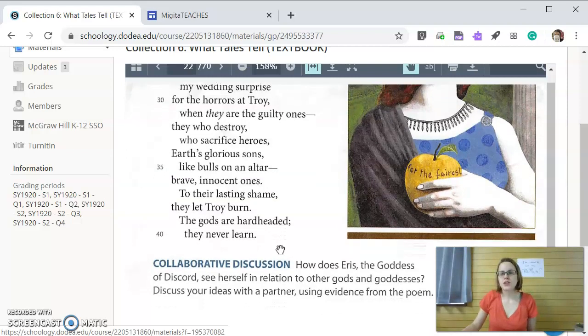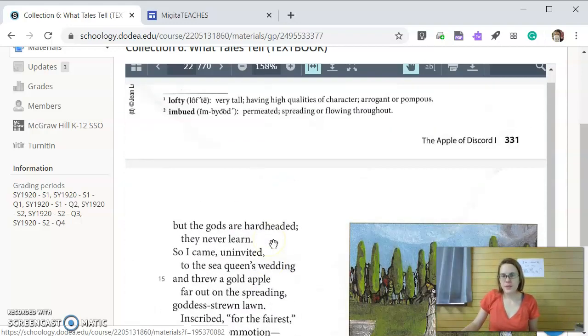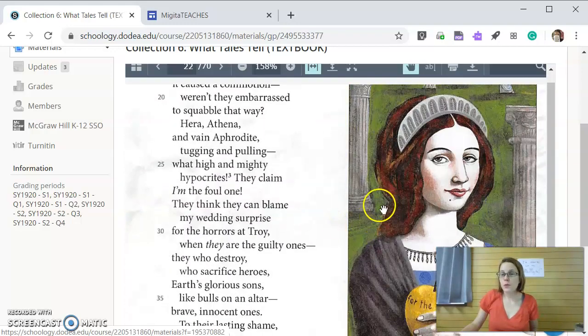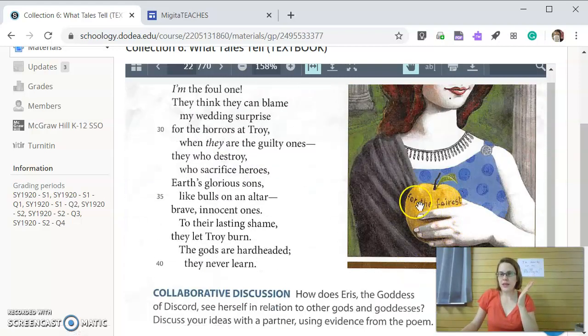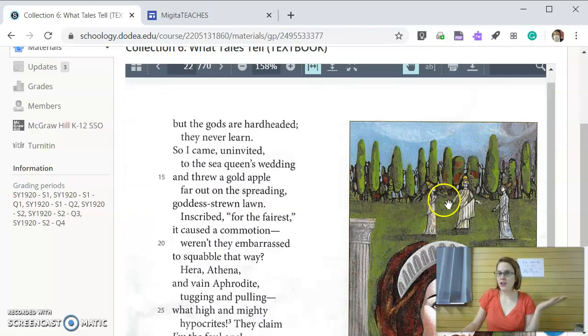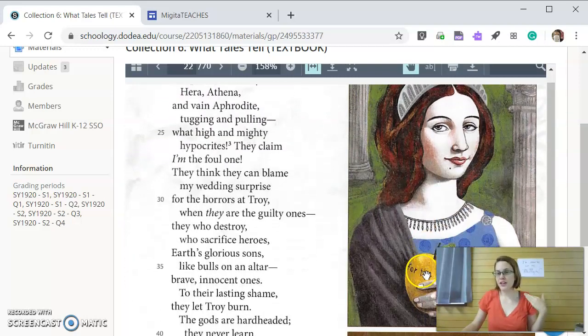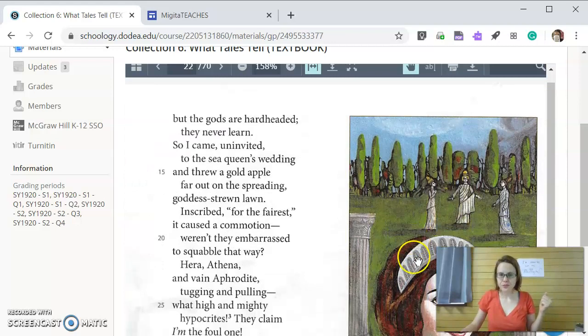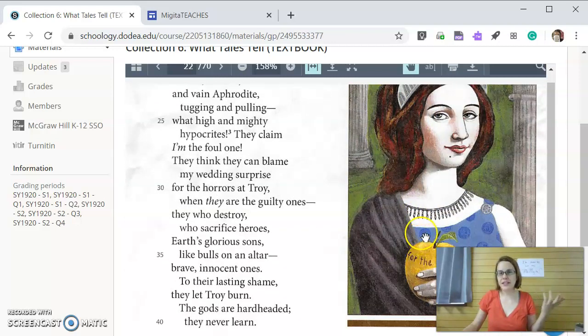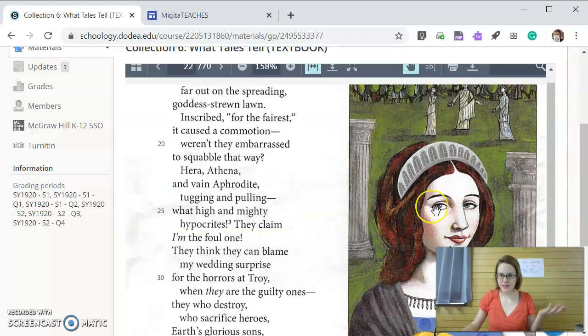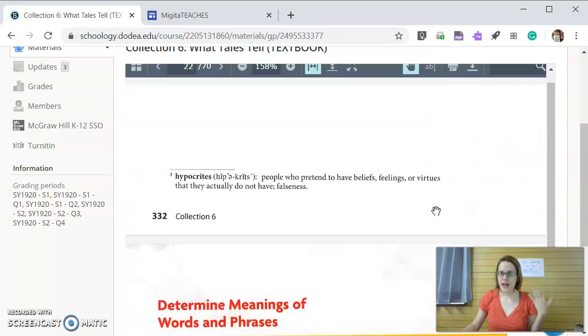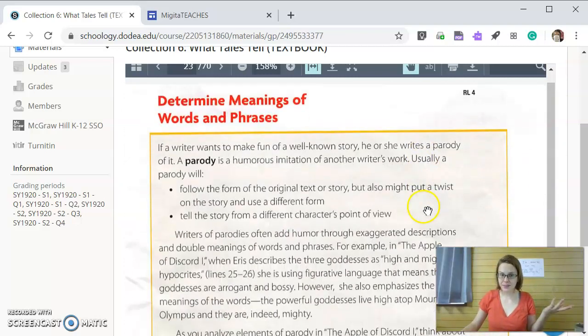All right, so to summarize what we know about the last story, Eris threw the apple that said "to the fairest," and the other goddesses argued over it, and then they manipulated human history in the chance of just figuring out who was the most beautiful. And so we see Eris gets blamed for it, but she's saying, no, it's not my fault. All I did was throw an apple. You guys did the rest. That's the summarizing of the apple of discord, the apple of chaos.